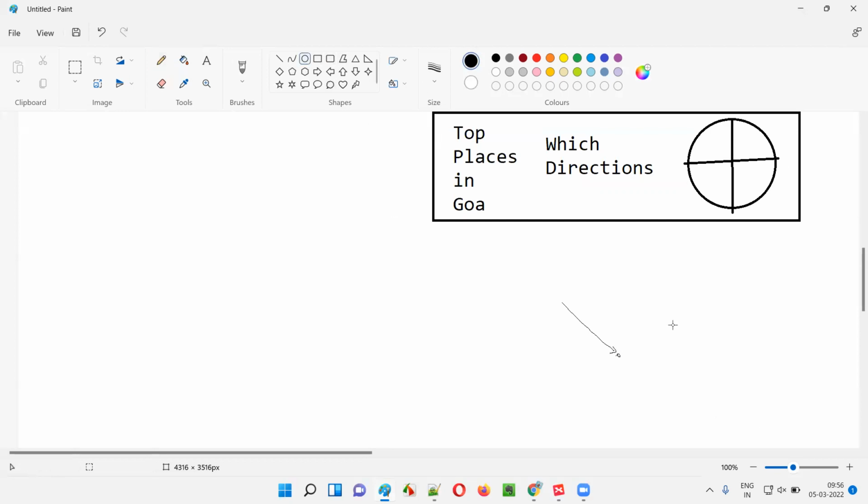Okay, you did this particular compass. Let's say this is a compass, and here it shows north, east, west, and south. So now you have the places in Goa also, and the directions you have to travel. So with the help of the compass, what you have done is